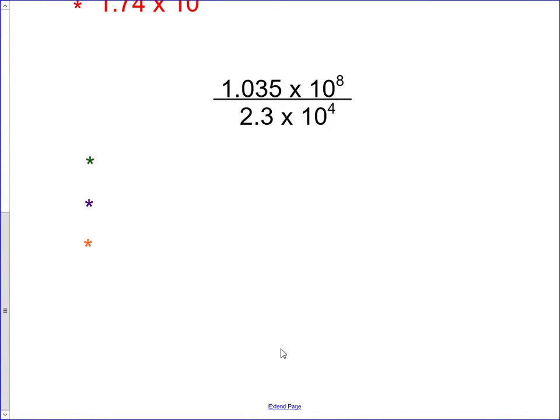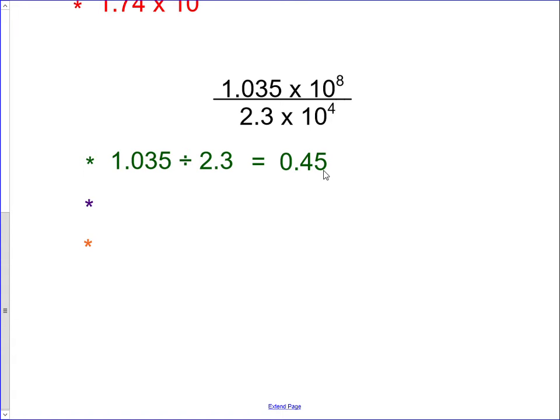So on this one we have 1.035 times 10 to the 8th divided by 2.3 times 10 to the 4th power. First thing we're going to do is divide the numbers on the left side of the scientific notation. So we have 1.035 divided by 2.3. We can do that with a calculator and we come out with